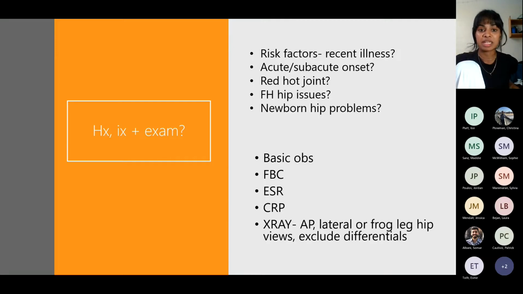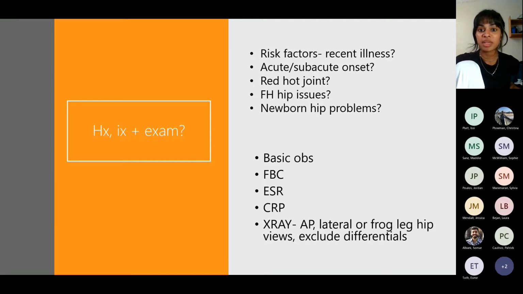So in terms of investigations, you are wanting to do basic things to see if they're systemically unwell. So you're going to do their basic obs, like you would in A&E anyway. And then things like full blood count, where you're looking for raised white cells, raised ESR, CRP,